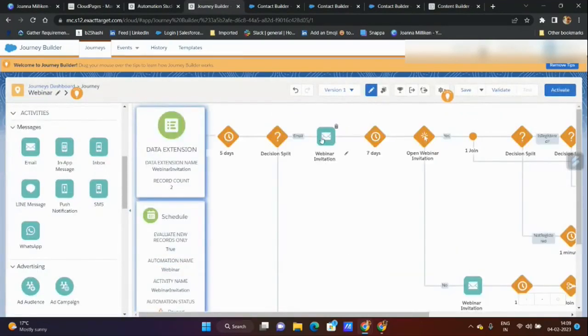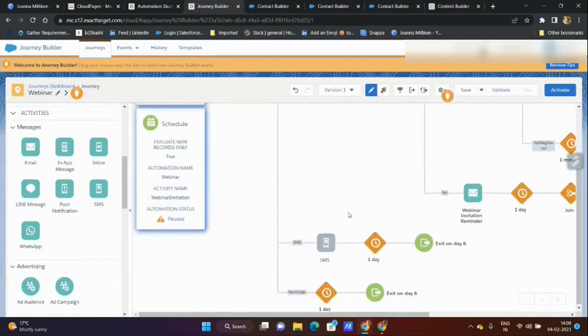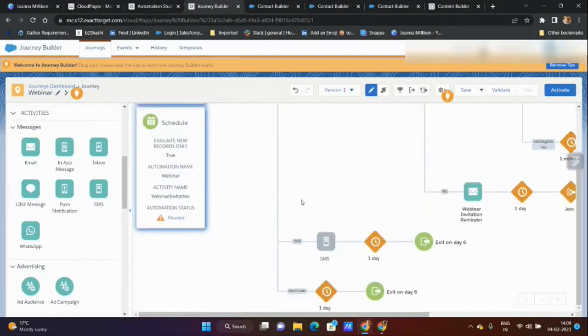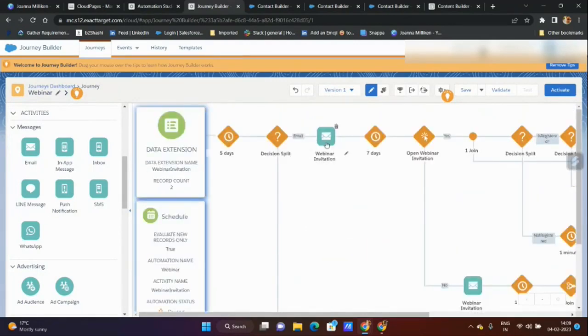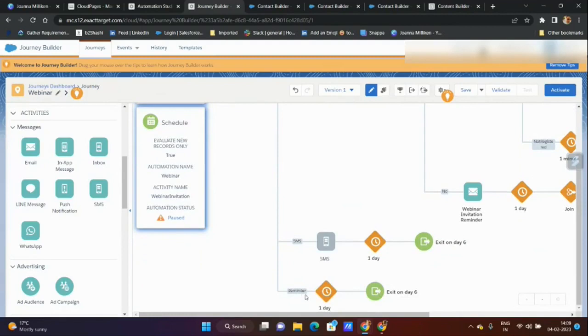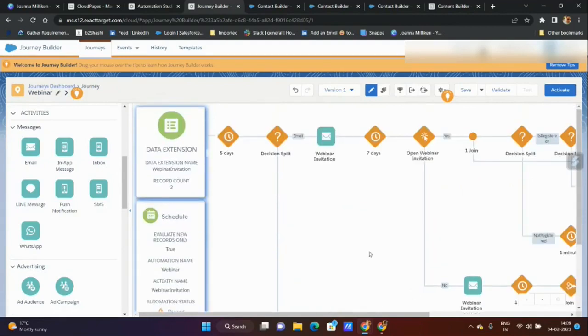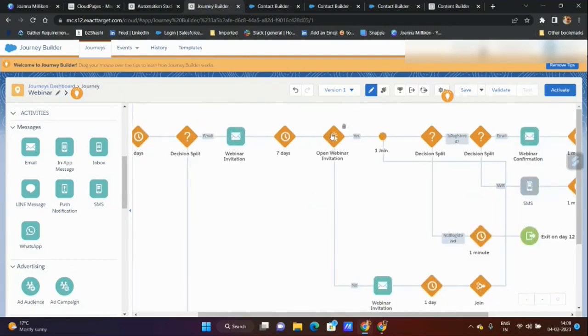Similarly, email and SMS can be configured. Just another assumption: if the person has not opted in to this and not opted in to this, obviously the person has to go out. After that I wait for 7 days. I send an email. It is within that person's inbox now. Whether the person has opened it or not, I have to give some time for that person to take some action. And after 7 days, I'm going to use the